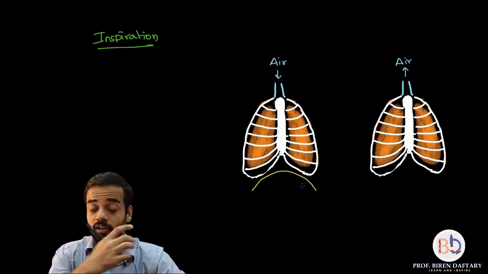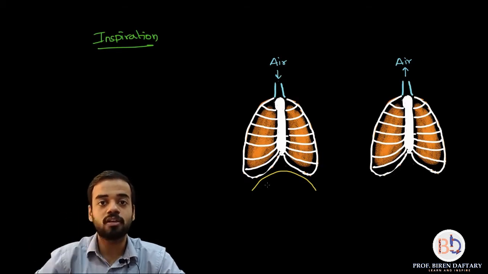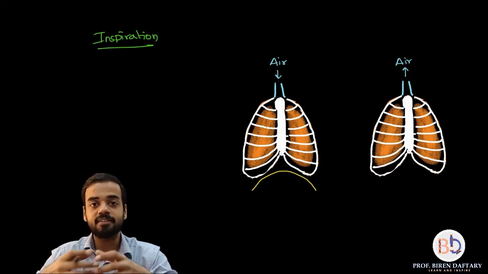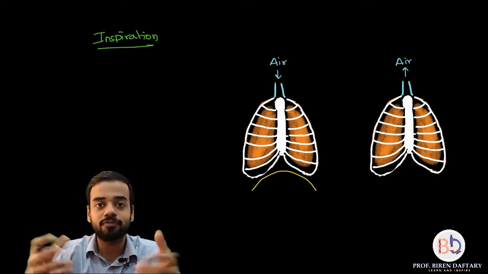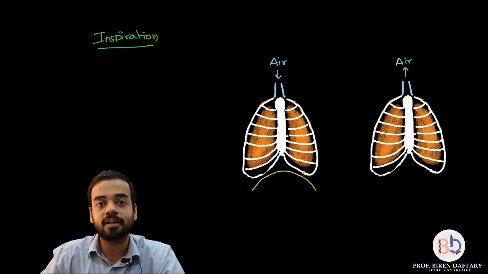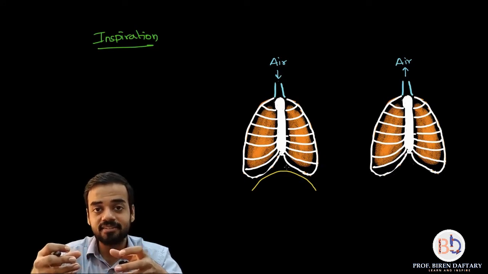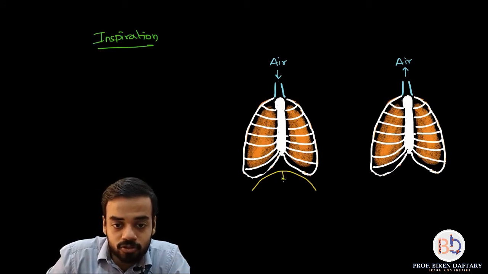Now if the lungs want to expand, first of all they will require space over here, because this diaphragm is very close to the lungs, so that diaphragm has to go down. And the other thing is, this rib cage has to expand, so that there is space for the lungs to inflate. Inflate means to get filled. The first thing that happens is this diaphragm undergoes contraction. When the diaphragm contracts, its length decreases and it becomes slightly straighter. So this diaphragm goes slightly lower and becomes flat.